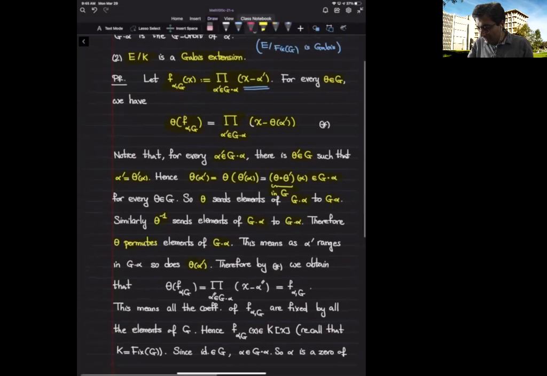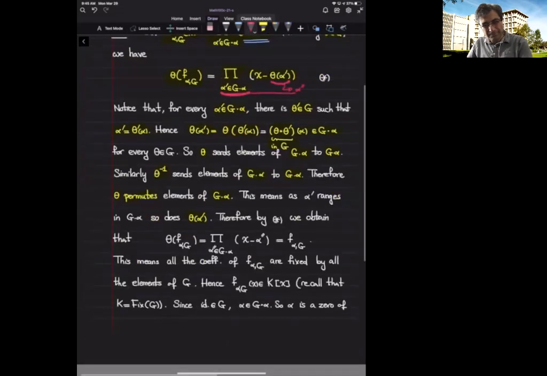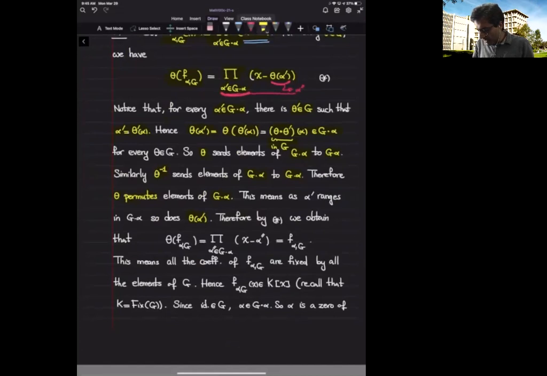This means if I go back over here, as alpha prime ranges over the G orbit, so does theta of alpha prime. So if I call theta of alpha prime alpha double prime, then alpha double prime is also ranging over the G orbit of alpha. So altogether, when I apply theta to this polynomial, I'm still multiplying x minus alpha double primes as alpha double prime ranges over the orbit, which means I'm getting back the polynomial f sub